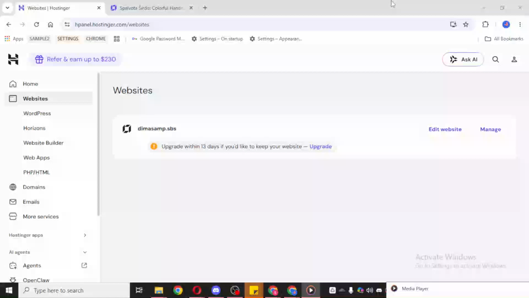In today's video, I'm going to teach you how to add a new payment method in Hostinger. To get started, first open your Hostinger account and make sure you're signed in. Once you're inside your account dashboard, take a moment to look around so you can easily find the settings you need. If this is your first time using the platform, don't worry, the process is very straightforward and only takes a minute.